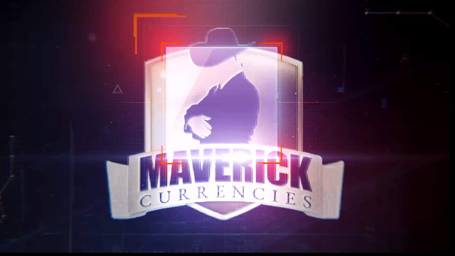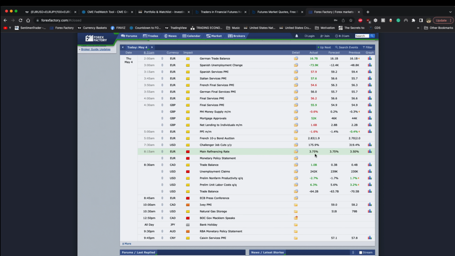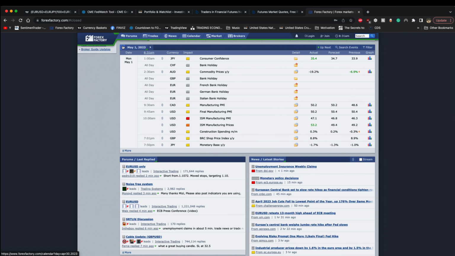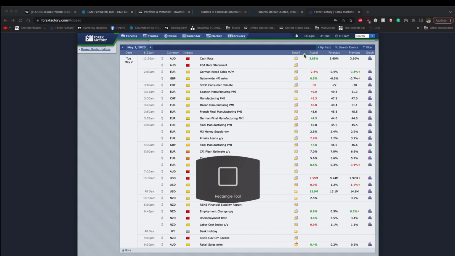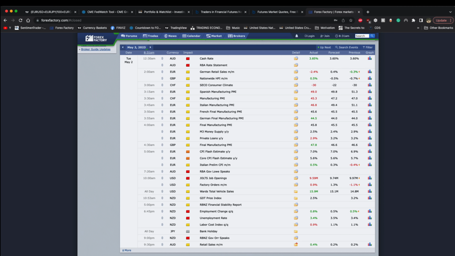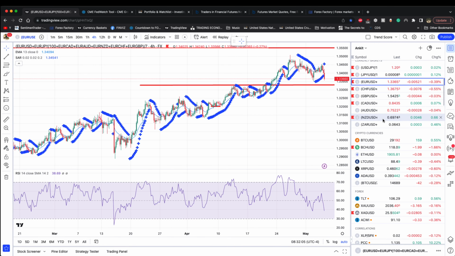So again, no surprise. Remember, markets are running on what's not just what the expectation is. This is already baked in. This is already known. So what's the known unknown? Well, if there's a surprise, just like what we had back on Monday when we had the RBA rate statement, they did raise rates by 25 basis points, and the expectation was for no change. So initial price action in the Aussie was pretty strong.